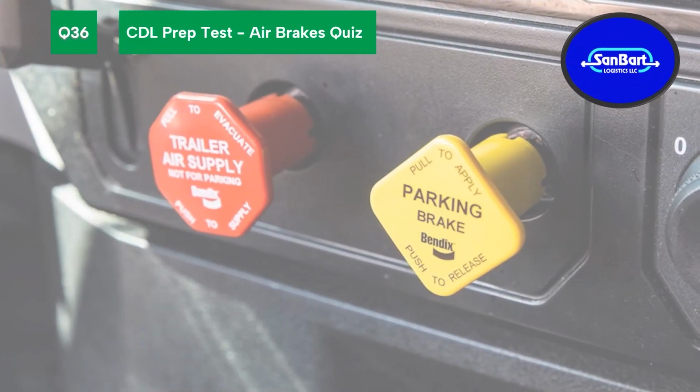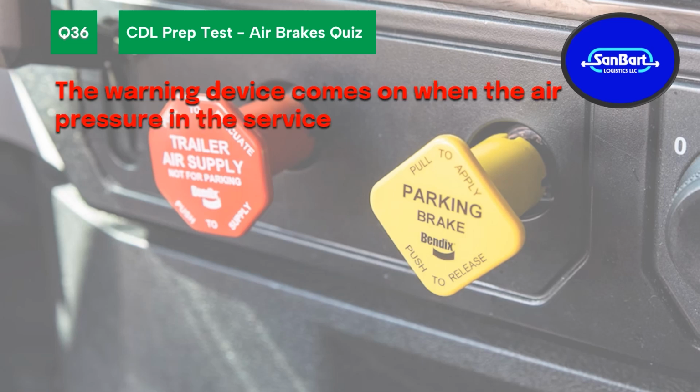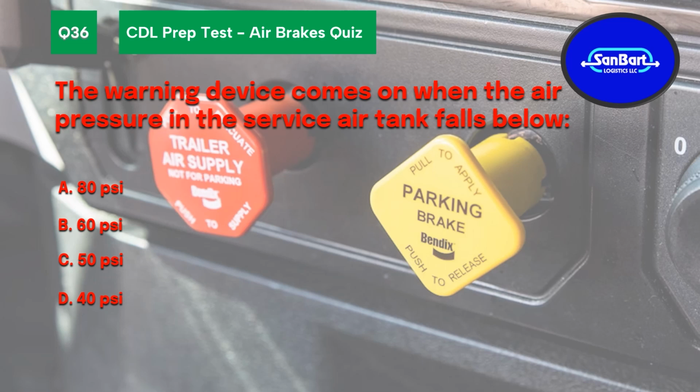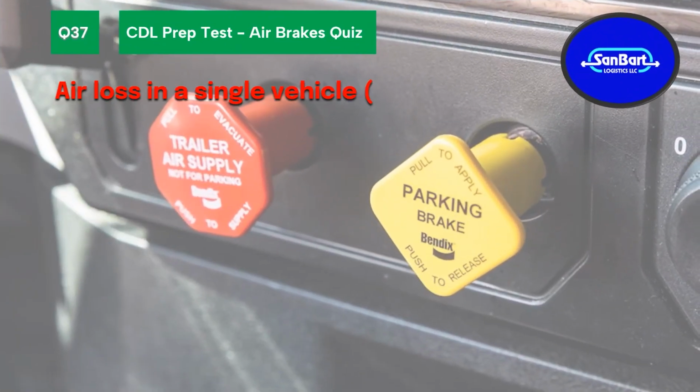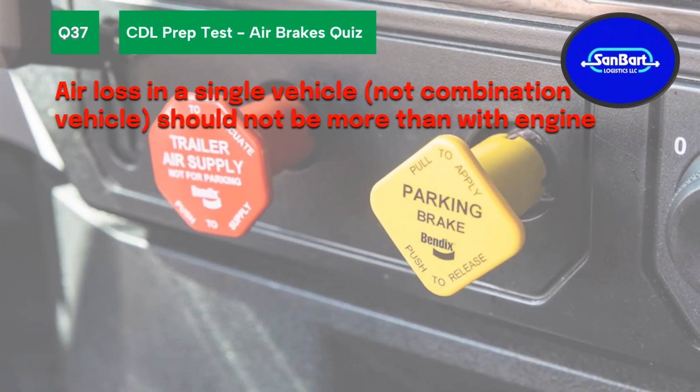Question 36. The warning device comes on when the air pressure in the service air tank falls below. A. 80 psi. B. 60 psi. C. 50 psi. D. 40 psi. The correct answer is B. 60 psi. Question 37. Air loss in a single vehicle, not combination vehicle, should not be more than with engine